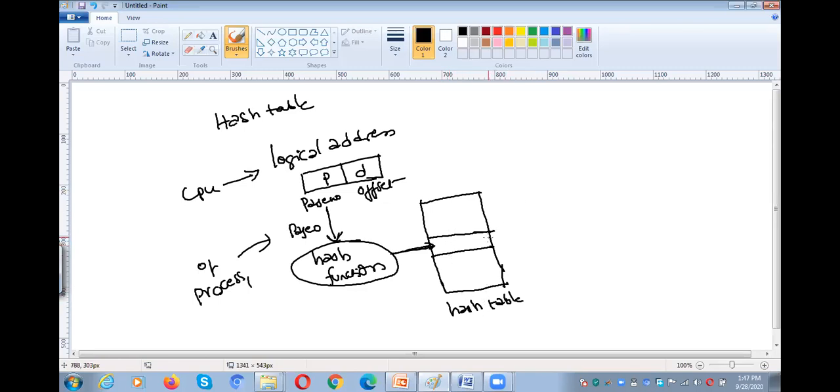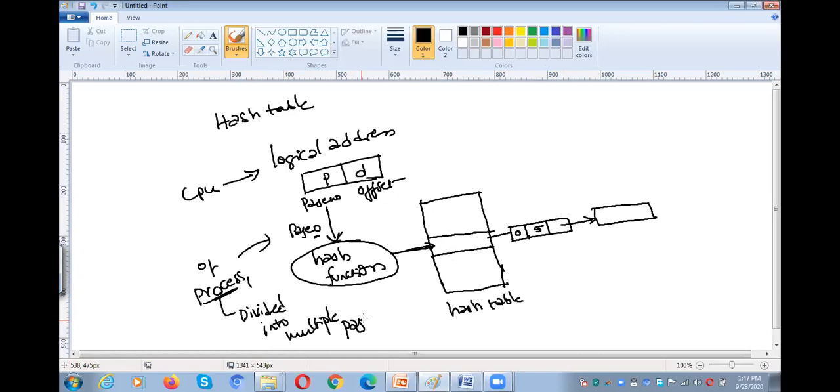So it is a linked list. It has three parts. First is the page number, 0 for example, the second is the frame number, 5, and the next is a pointer to the next node. That means a process is divided into multiple pages, right?